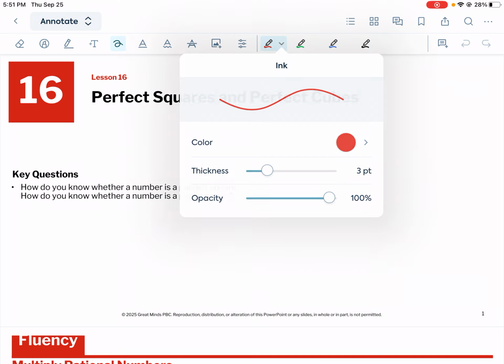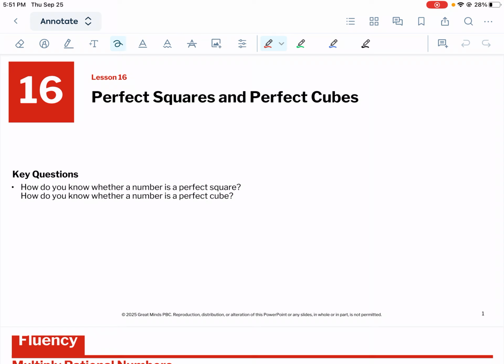Out the gate, write this formula. When you see perfect squares, think x squared. When you see perfect cubes, think x cubed or x to the third power. That is the formula for those particular vocabulary words. If you need to understand the breakdown of both of them, you can compare x squared to area,